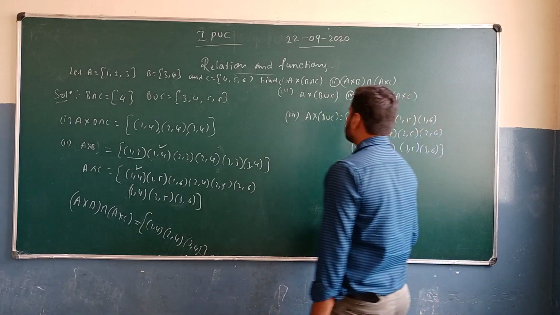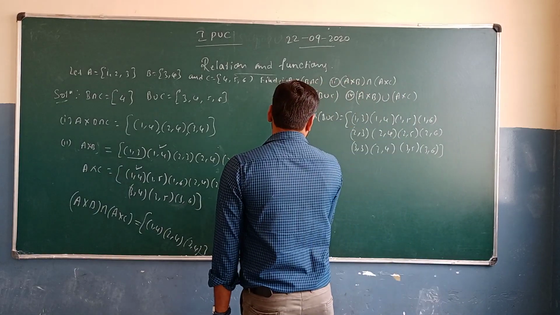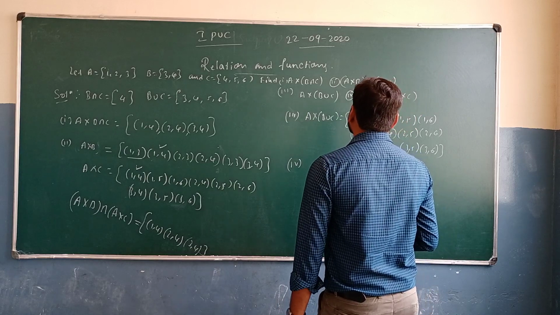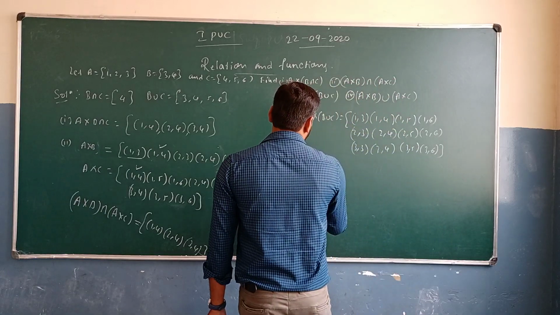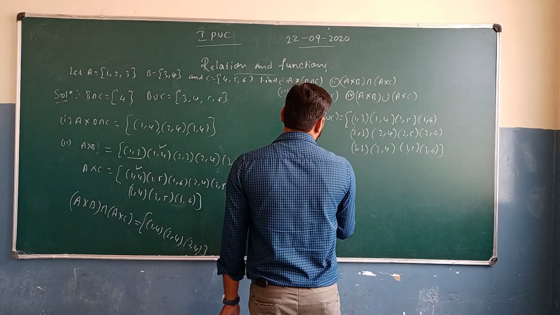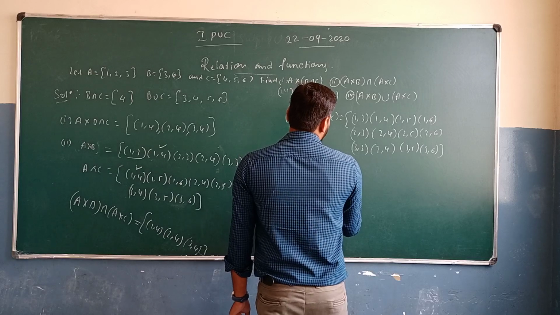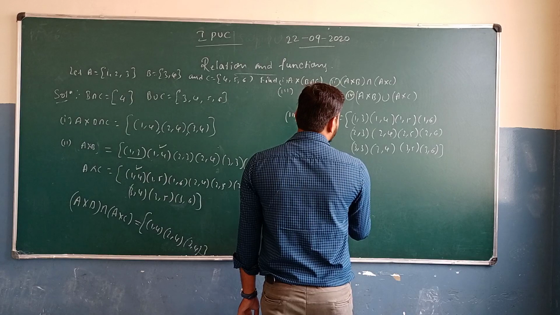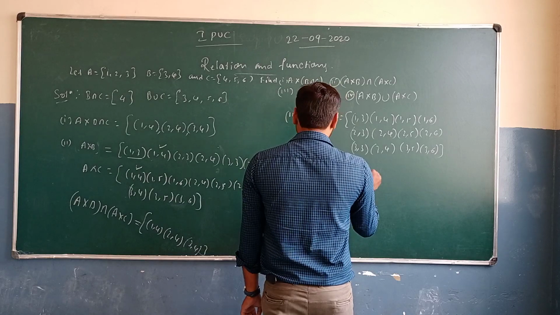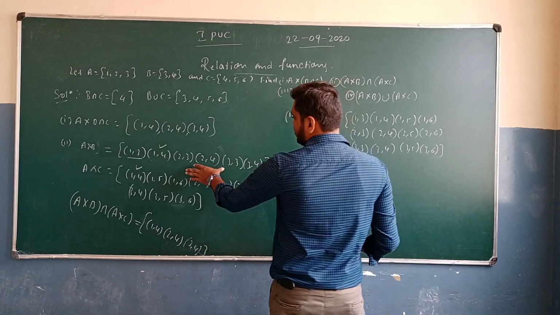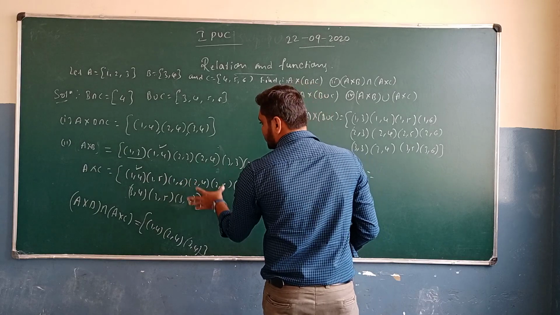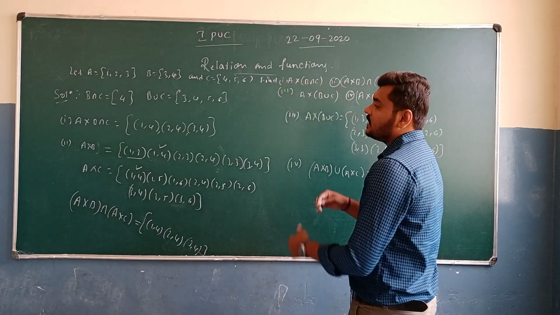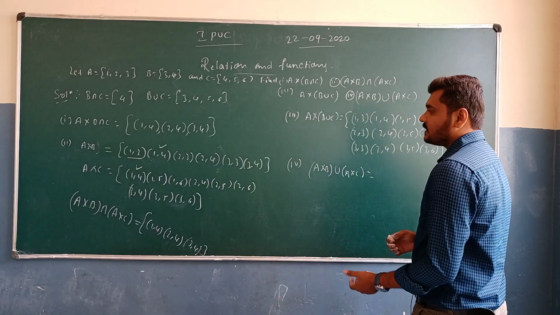So these are the elements which are going to be present in A cross B union C. So the next one is the fourth one, the union of A cross B and A cross C. So already we have mentioned the A cross B as well as the A cross C. So we need to just mention the union of those two Cartesian products. ಈ ಎರಡು ಸೆಟ್ ಅನ್ನು ಕಂಬೈನ್ ಮಾಡಿಕೊಂಡು ನಾವೇನಾಗ್ತದೆ, so that's going to be the union of the A cross B as well as the A cross C.